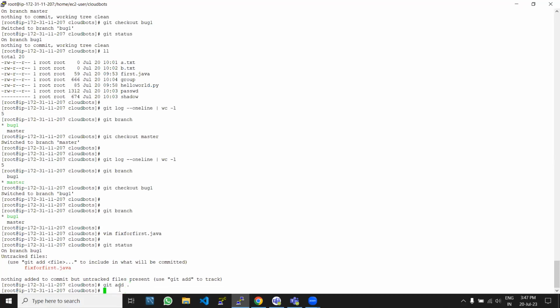Okay, dot, click enter, and now if we do git commit -m "fix for", here I'm writing the message. Whatever we have created, we are just giving a message for the commit. Created fix for first dot java